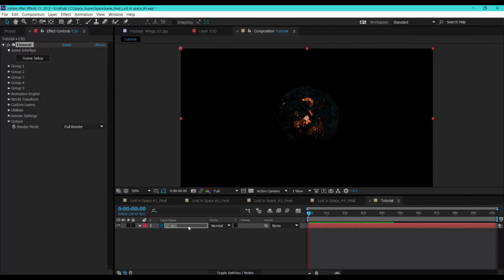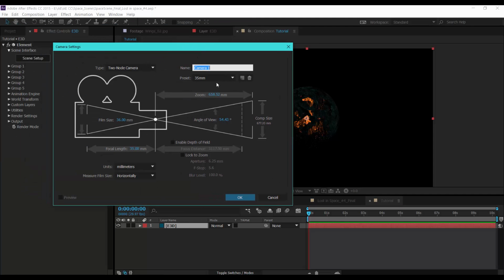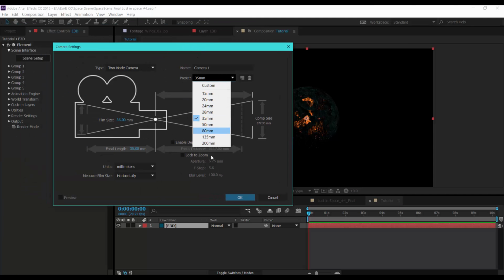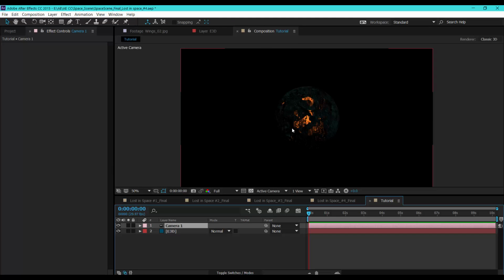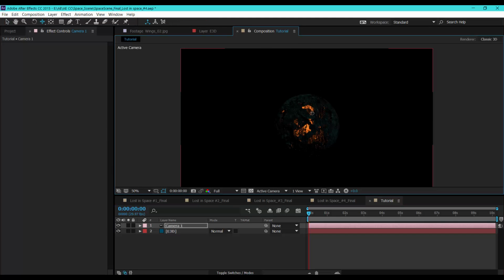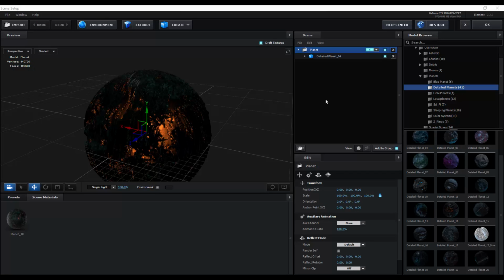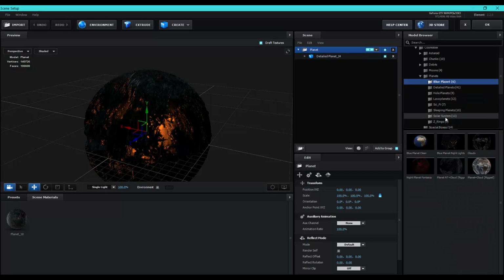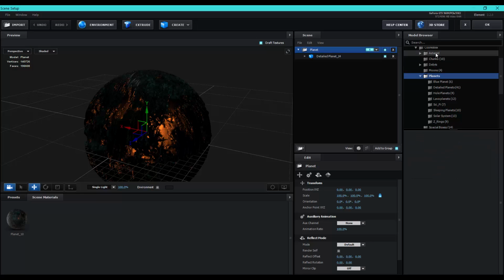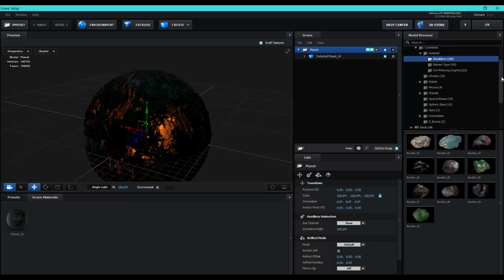and create a camera. So Control Shift Alt C to create a new camera, and 35 millimeter is okay. And let's create some pieces. So go back to the scene setup. Let's take some small pieces. So maybe we can choose from here.